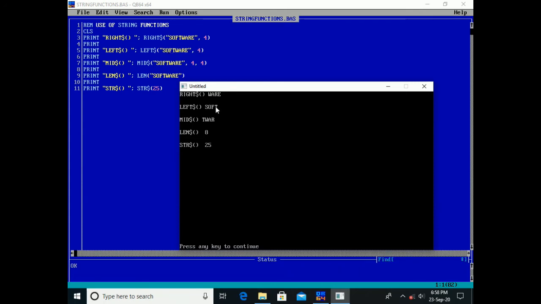For the LEFT, for the MID, starting from 2 up to the characters. The LEN function returns the length of the characters, and the STR function, this function returns the number of characters in the string including the spaces.